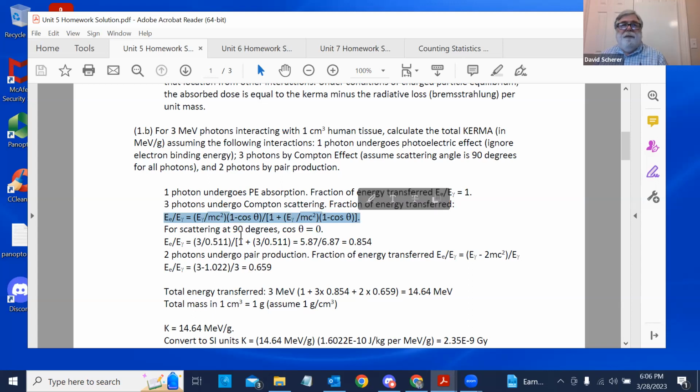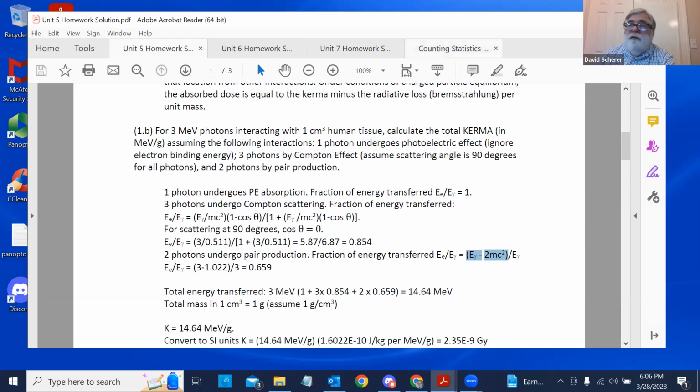And 85% of the energy is transferred with a 90-degree scatter with a 3 MeV photon. Straightforward. For pair production, it's the energy minus the mass that's created, the electron and the positron, 2 × 10⁵